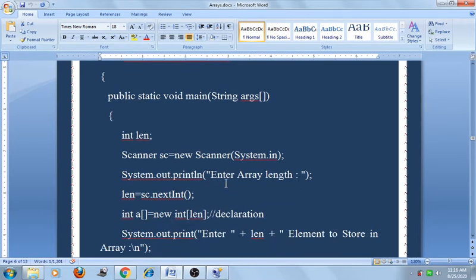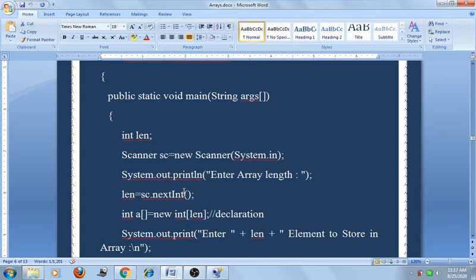So here I print the message "Enter the array length". Suppose I assign that length to the len variable: len equal to sc.nextInt. nextInt is the method of the Scanner object which reads a string of digits and converts them into the int type.